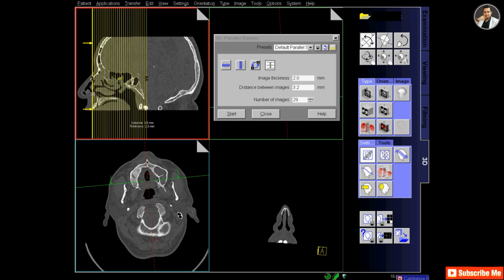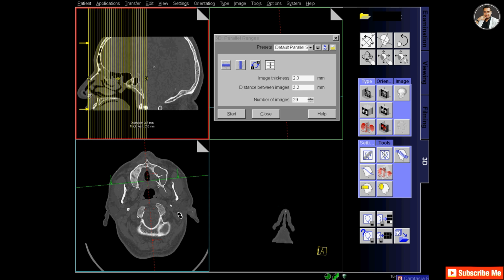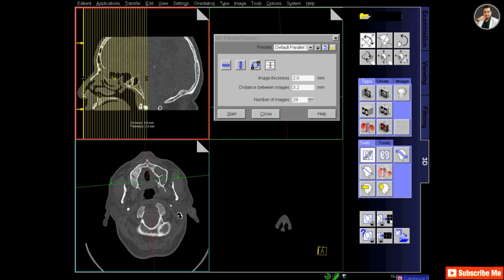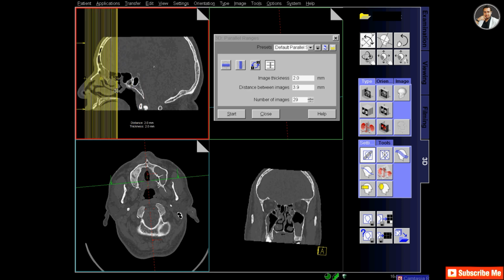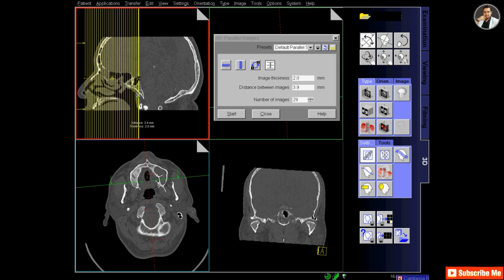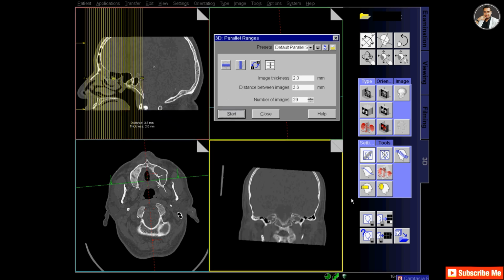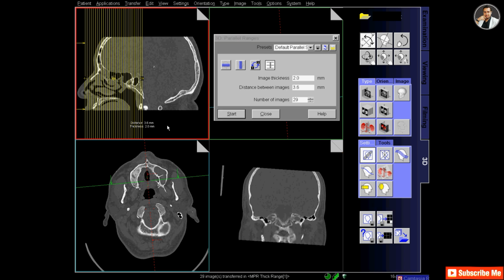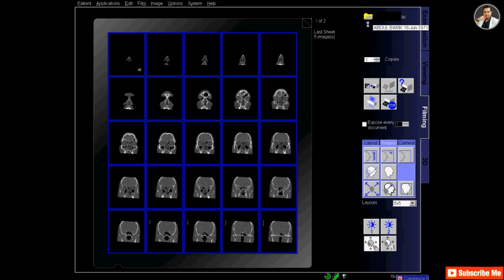For this I am taking 29 slices and drag the first front slice at the upper part of the nose, and the last slice I will drag to behind the ethmoid sinus. Sorry, I will drag the last slice to behind the sphenoid sinus.